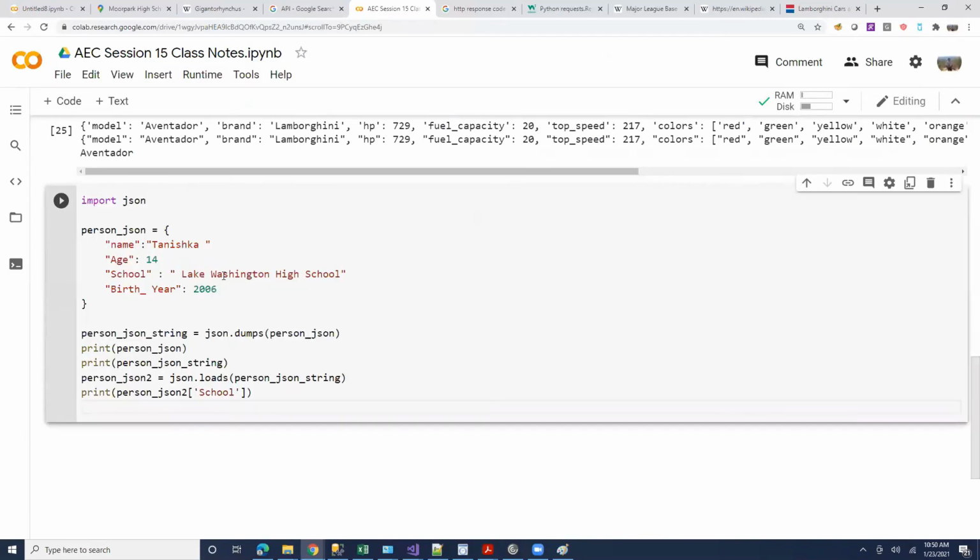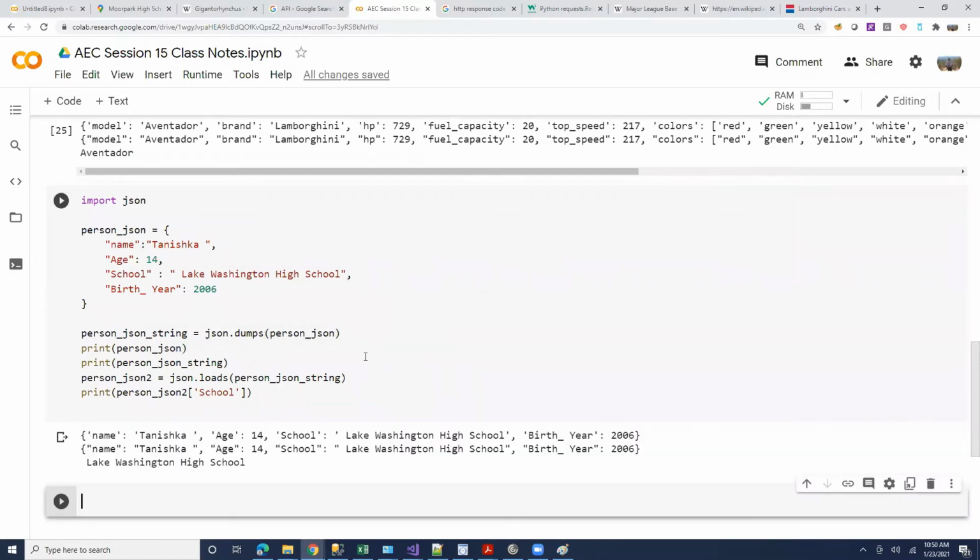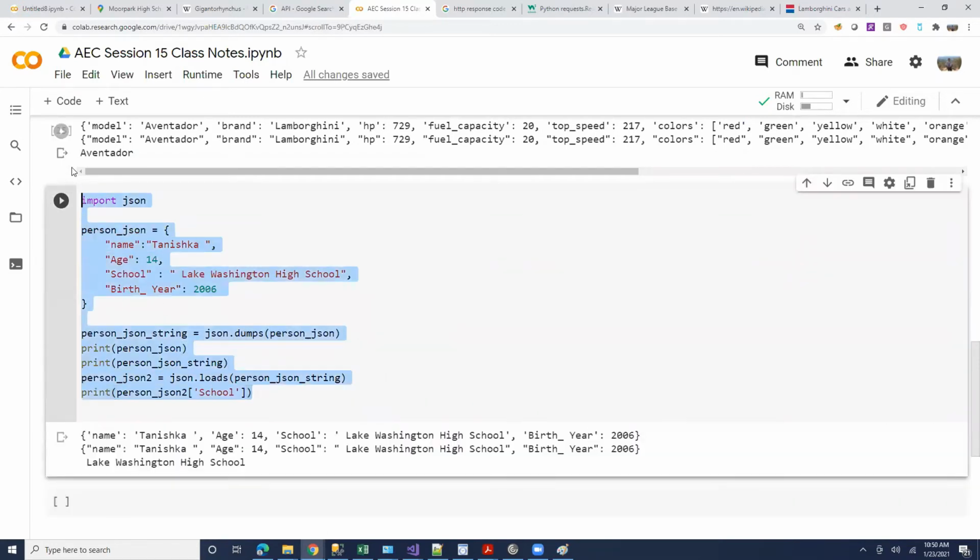Oh, okay. So you missed a comma here, Tanishka. There is a comma here, right? Yeah, nice. Good job, Tanvi and Arham. Let's see if we run this, does it work? Yeah, it works. Vidyut, go to your code.